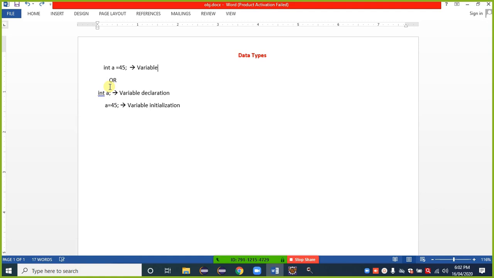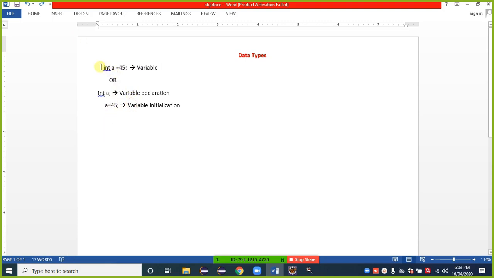Declaration means that we only declare that we have a variable: a is a variable. And initialization means that we are initializing that variable a with a value. When we provide any value for that variable, it's called variable initialization, and this total one is called the variable. Both are similar, no doubt.